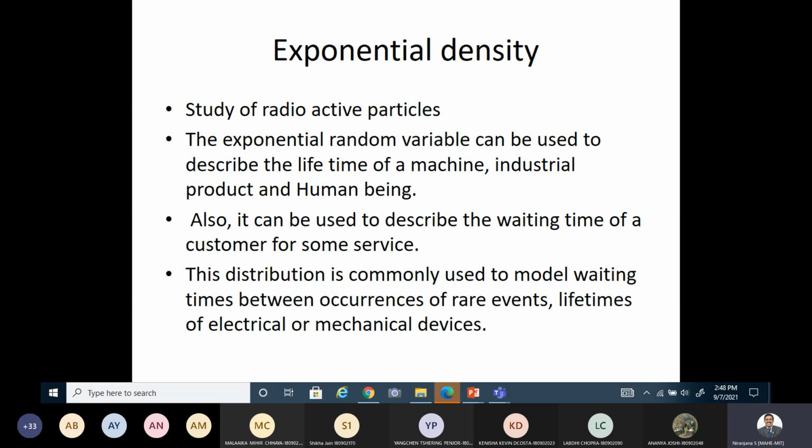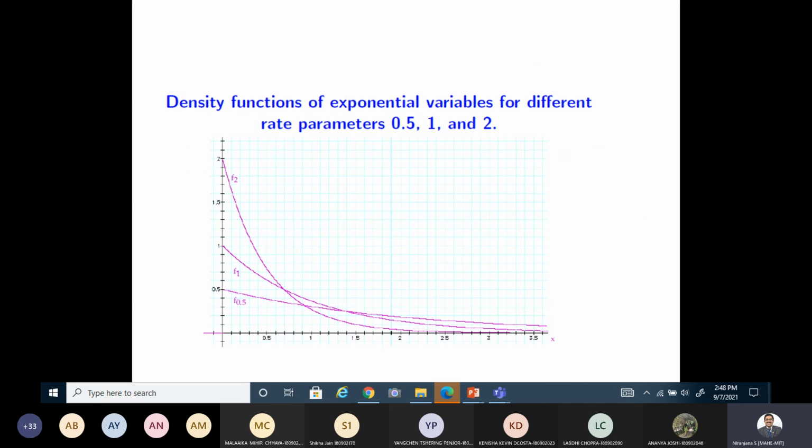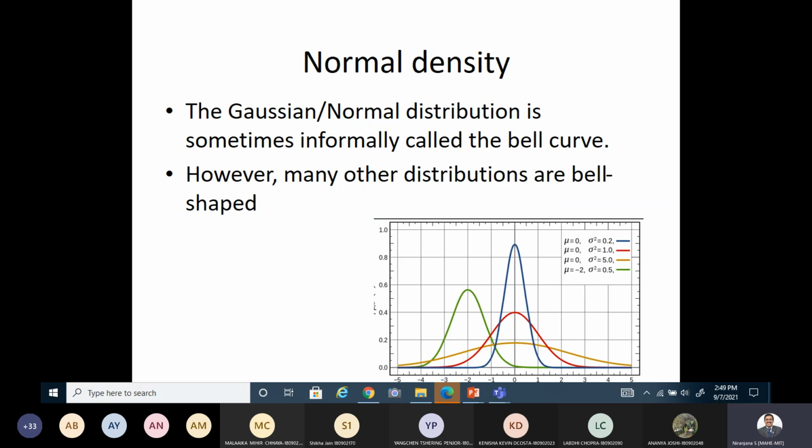Similarly, exponential, you may have seen in some problems, such as the variation of radioactive elements. When you are trying to describe it, it will change like this, negative exponential or sometimes positive exponential, right? So this is another kind of continuous variable. One more very familiar one is the normal density, right? I'll take some more examples later, don't worry. I'm just showing an example such as normal. I'll take some problems using that later, okay?